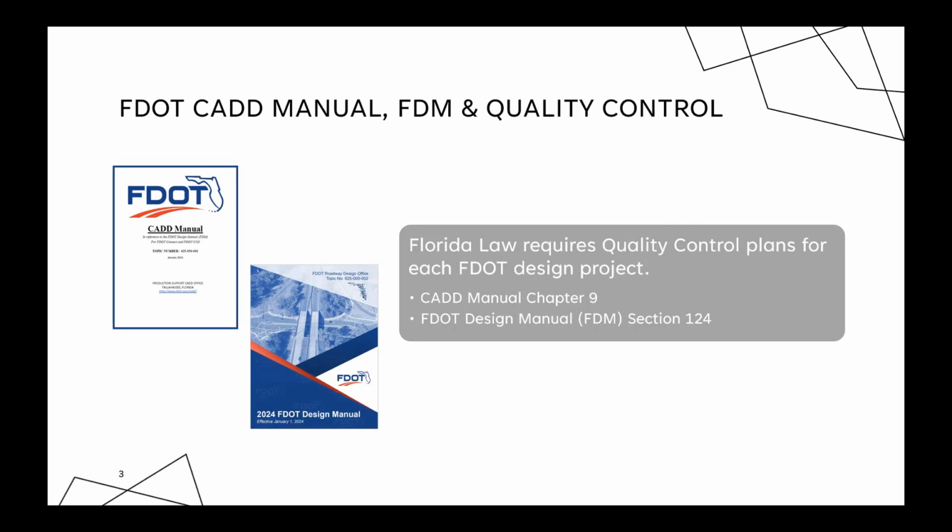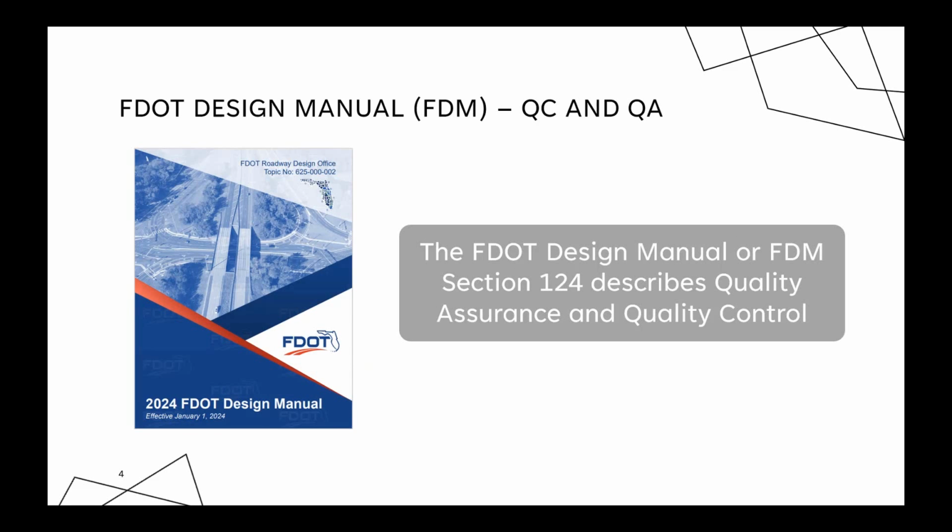Chapter 9 of the CAD manual and Section 124 of the FDOT Design Manual, or FDM, cover the topic of quality control and quality control plans. State law mandates that districts should create a quality control plan for each FDOT project. The FDM addresses the concepts of quality control and quality assurance in Section 124. The purpose of these processes is to ensure complete and compliant deliverables